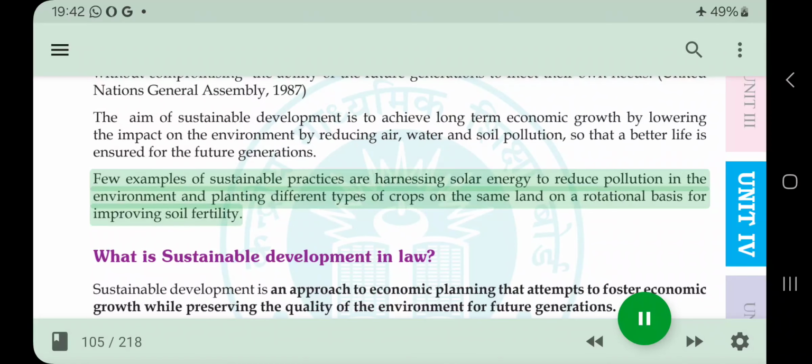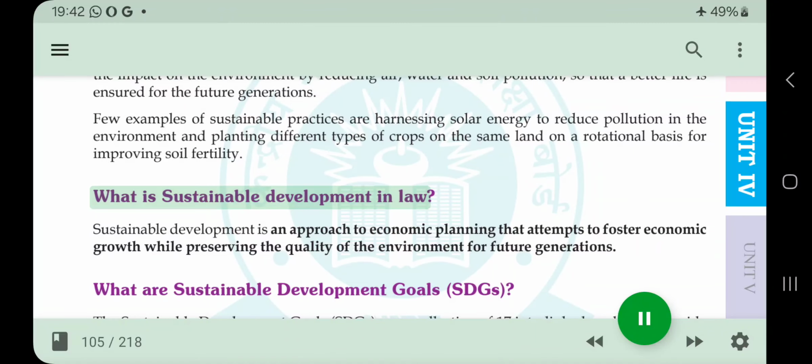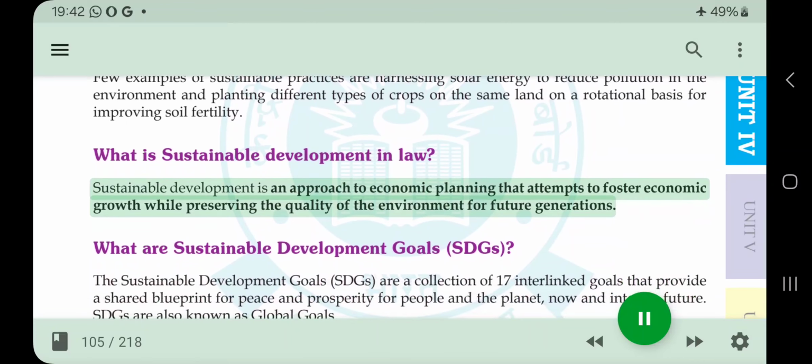A few examples of sustainable practices are harnessing solar energy to reduce pollution in the environment and planting different types of crops on the same land on a rotational basis for improving soil fertility. What is sustainable development in law? Sustainable development is an approach to economic planning that attempts to foster economic growth while preserving the quality of the